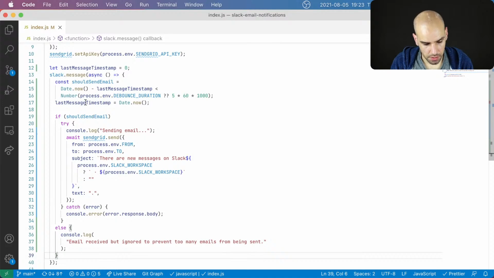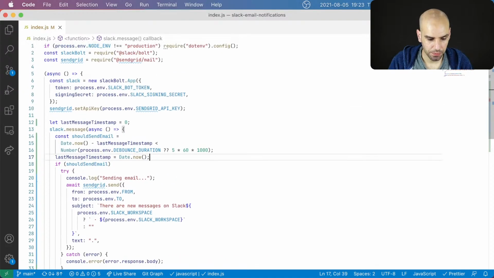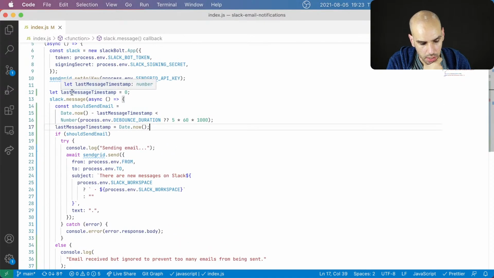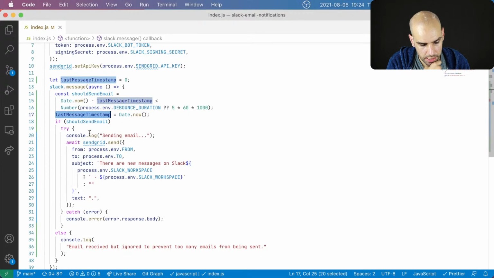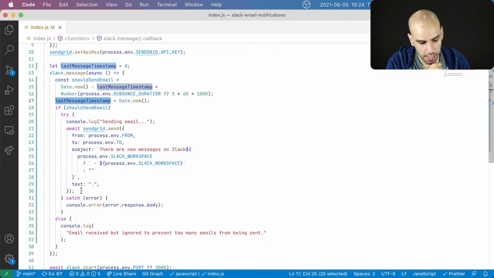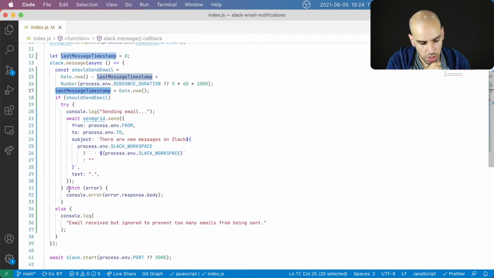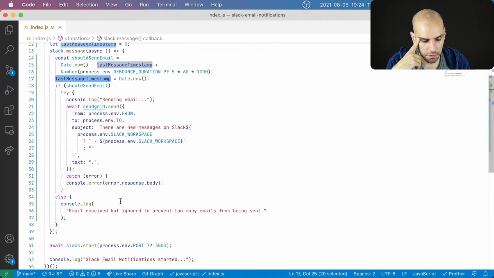Okay, let's see how this reads. Last message timestamp starts with 0, then shouldSendEmail. I'll double check this logic in a moment, and then I update the timestamp. If I should send email, I'll try to say sending email and then actually send the email using the SendGrid API. And then I can catch an error and log the error if the API doesn't work.